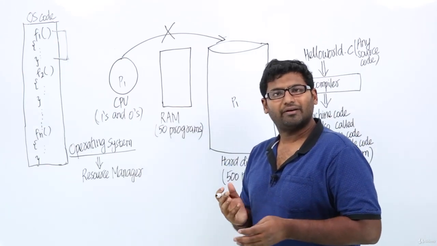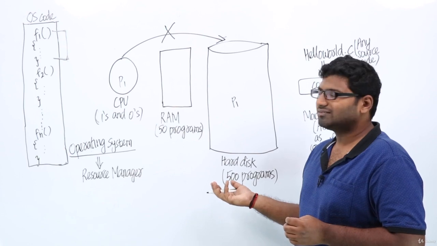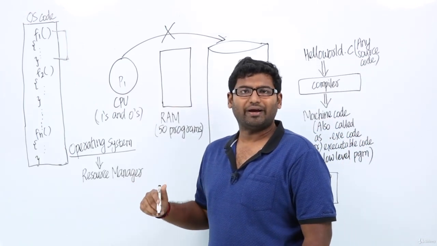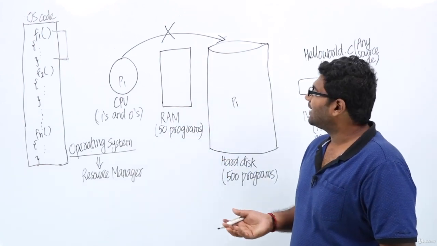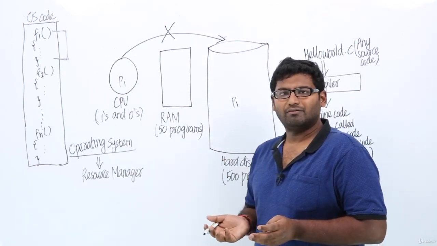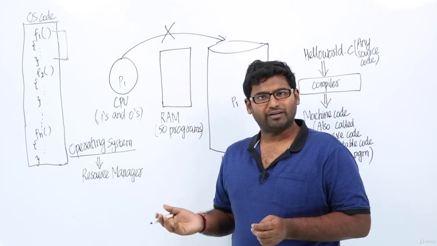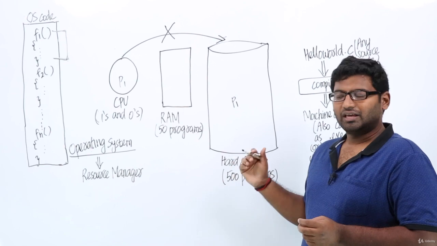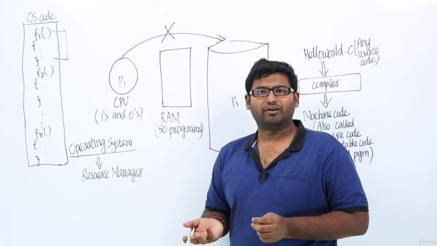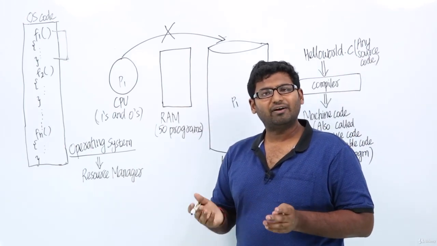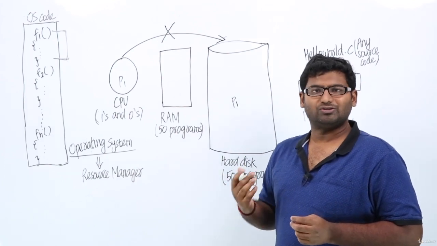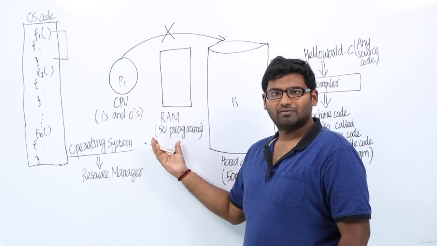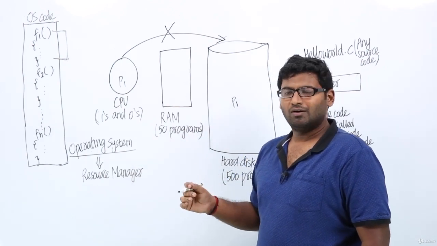Actually, what we are doing here is nothing but resource allocation, or resource management. Why? Any device we use in our computer, we can also call a resource. For example, CPU is a resource, RAM is a resource, hard disk is a resource, even a printer is a resource, a mouse is a resource. Any device you use in our computer is called a resource. It can be any device. Here the device is nothing but RAM. By resource, here we mean the RAM. Why?